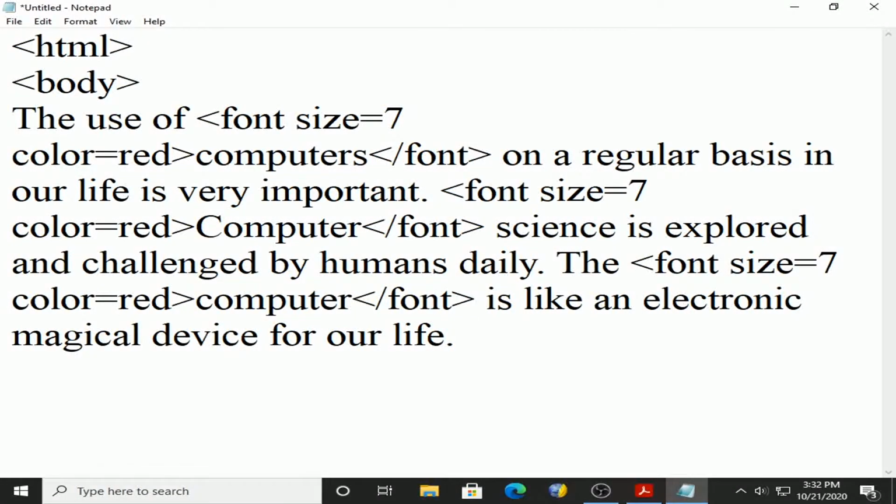Now if you notice the paragraph, it is now a 7-line paragraph. The size of the paragraph increases, which indicates that this particular paragraph requires more time to load the page.